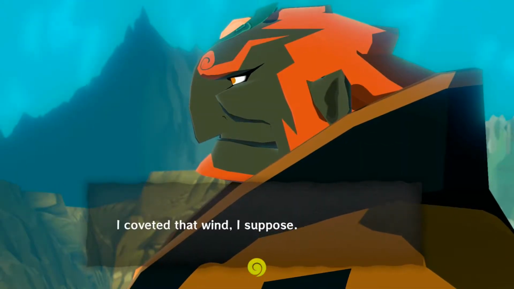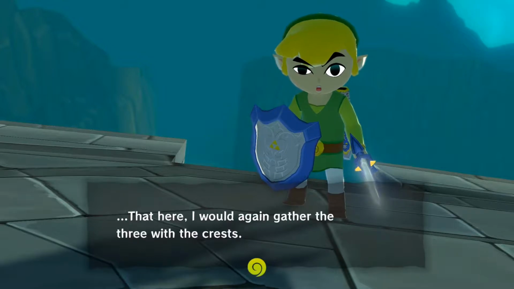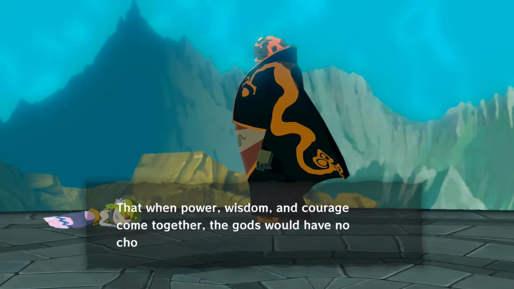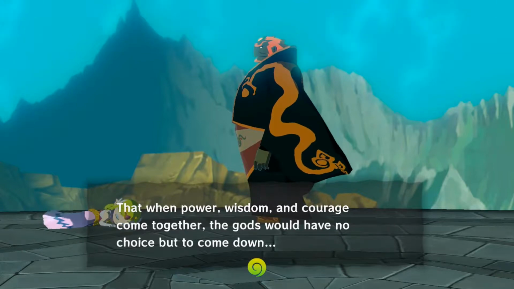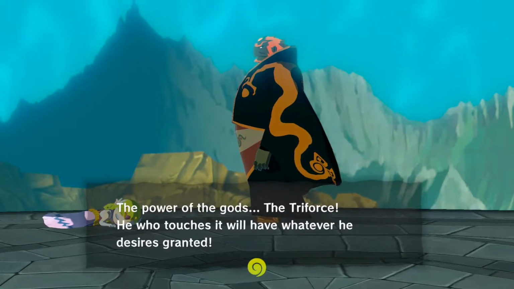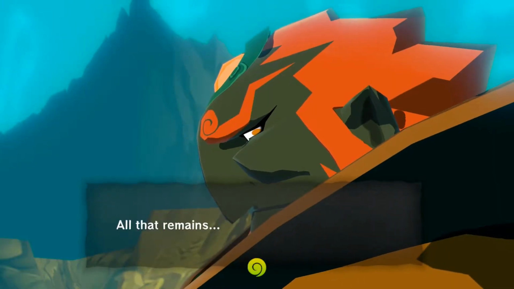I coveted that wind, I suppose. It can only be called fate. That here I would again gather the three with the crests. That I should lay my hand on that which grants the wishes of the beholder. When that power, wisdom, courage come together, the gods would have no choice but to come down. The power of the gods, the Triforce. He who touches it will have whatever he desires granted. Already the crest of wisdom is mine. All that remains...